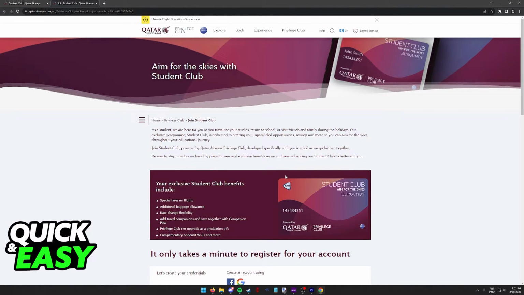You will receive a promo code immediately that you can use on your next flight, and you will get all the benefits included. I hope I was able to help you on how to create a student account in Qatar